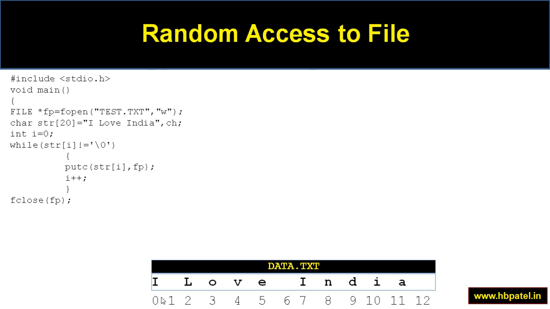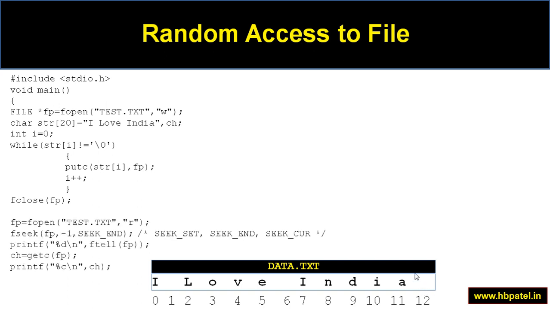So starting from 0 all the way up to 12, 12 is end of file. Now let us try to access the data randomly. So again I'm opening fp equal to fopen test.txt, but now this is read mode. Now there is a concept like fseek. Fseek is like you can imagine an